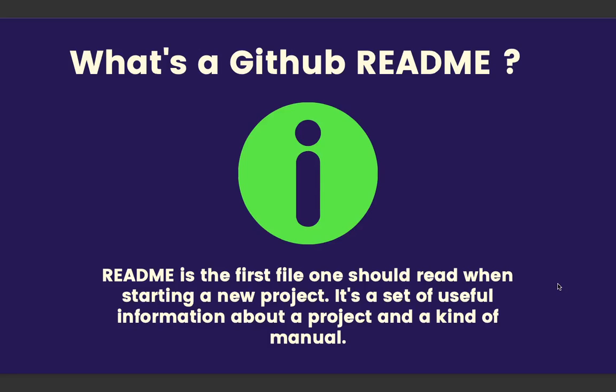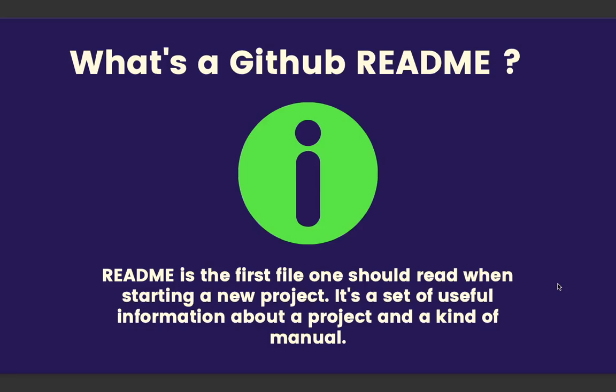So in a GitHub README, you provide the information of how to run your code files, what your code files are all about, what your project does, and you can also display screenshots of your working project. Suppose you created an application, you can give screenshots so that the person knows how the application looks and what different functionalities are implemented in it. Or if you created a website, you can give the live hosted link so that the person could actually visit that website, and beforehand he knows what kind of project this is.